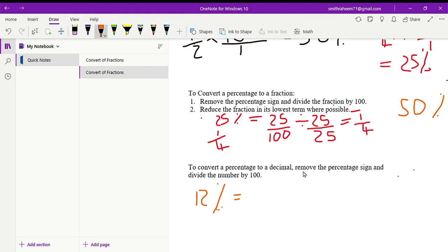So the rule says remove the percentage sign and divide the number by 100. So when we remove the sign, you're going to divide by 100. So to divide 12 by 100, you'll get